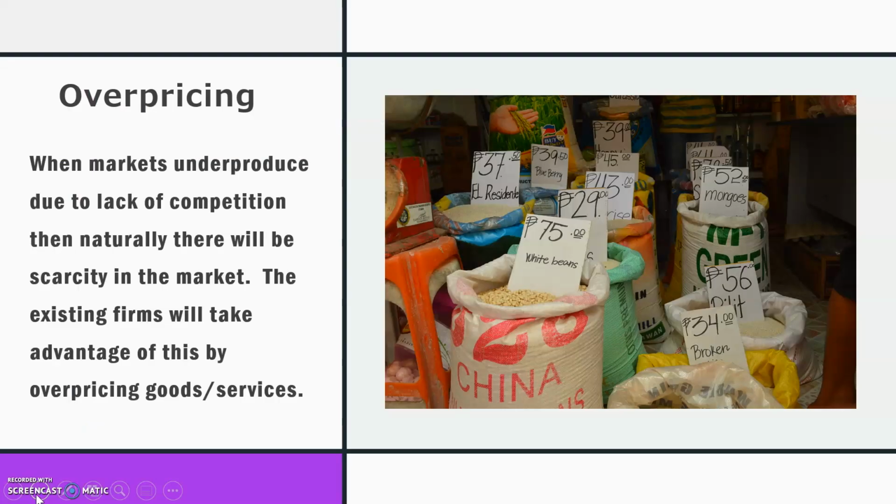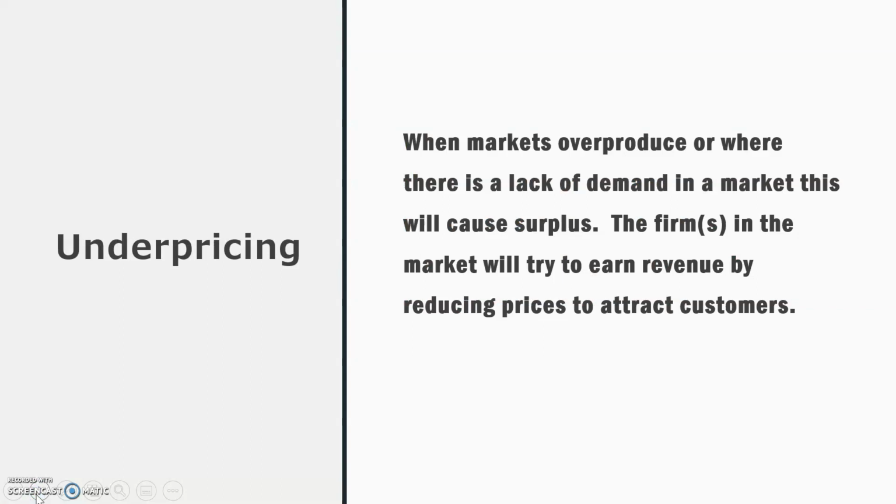So overpricing, this could take place because there is a lack of competition. And when there is a lack of competition, it could mean that the goods or services that are being provided within a market are scarce. Now, what would happen when there are scarce resources according to the law of demand? When resources are scarce, it generally puts upward pressure on prices. Firms will realize that the demand outweighs their supply and they will respond by increasing prices so that they can generate as much revenue as possible.